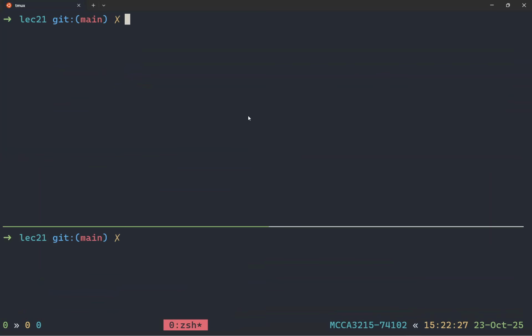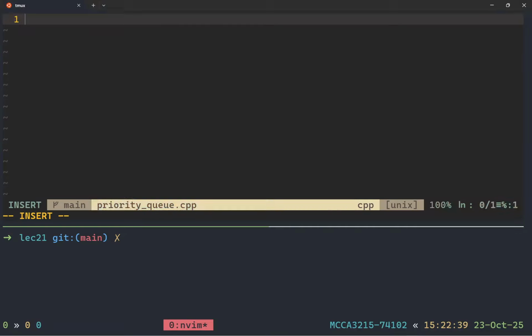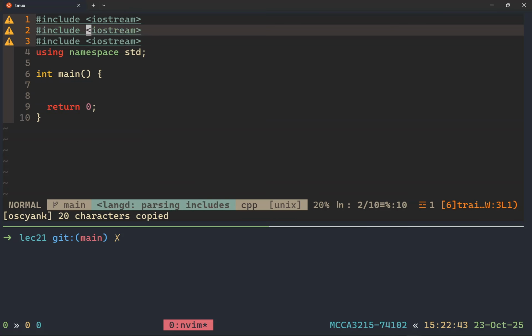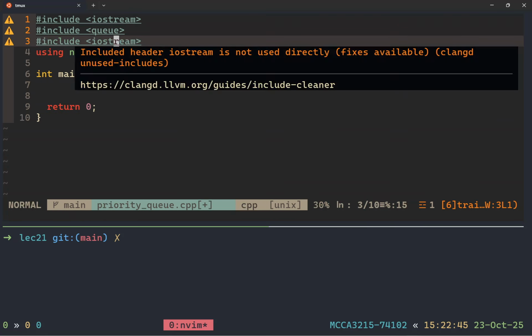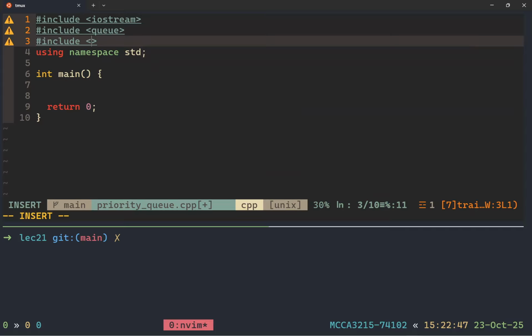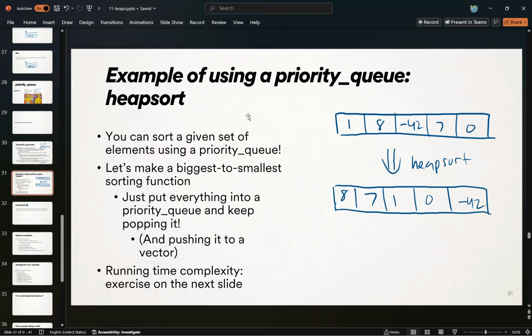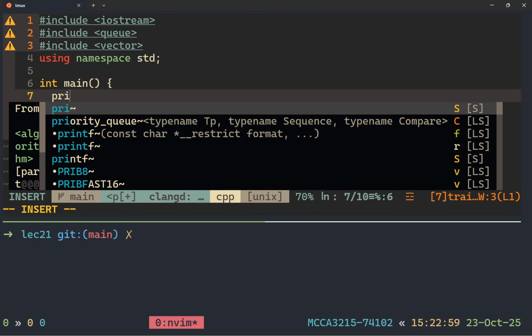Okay. Yeah, so let's do that. So we've got, let's call it just priority queue. Okay, so I would like to sort some stuff using queues. So the priority queue, it lives in the queue header. If I want to put everything that I've sorted, like I want to take a vector, give back a vector, I need vector, of course, still. So let's just say we've got these numbers, we want to sort them. We want to heap sort them. So I'll make a priority queue